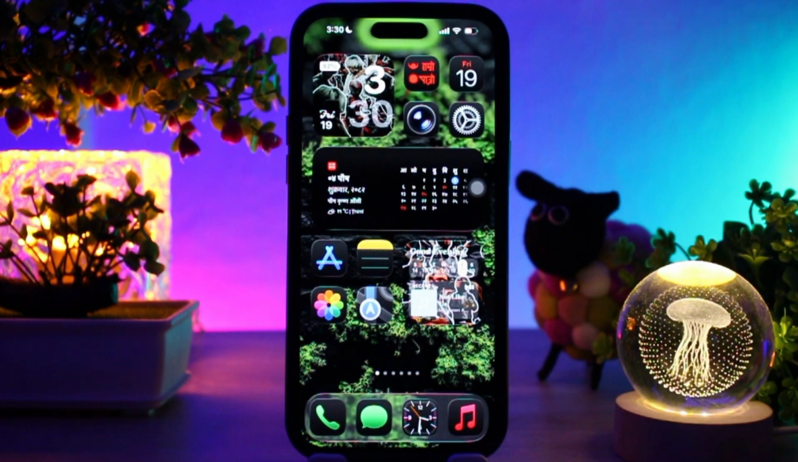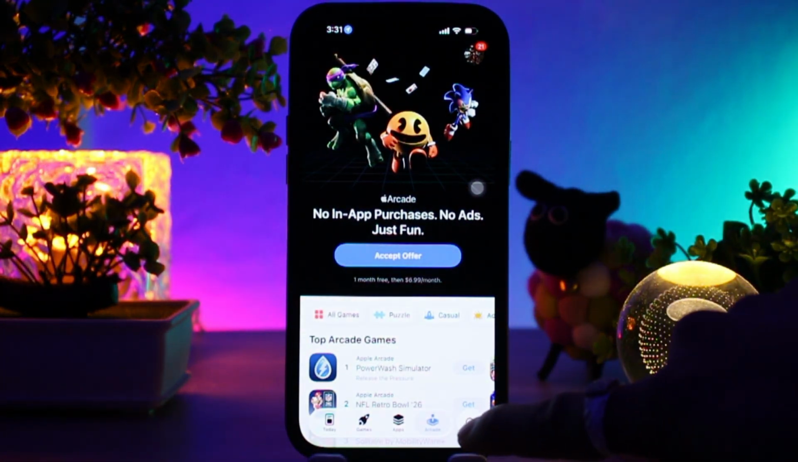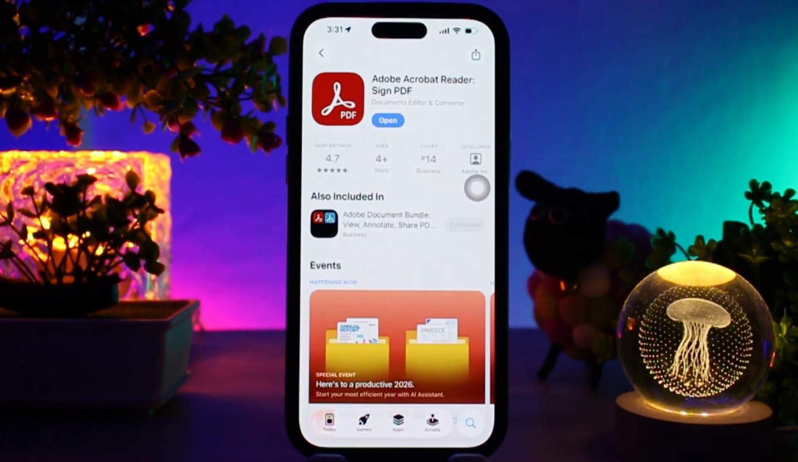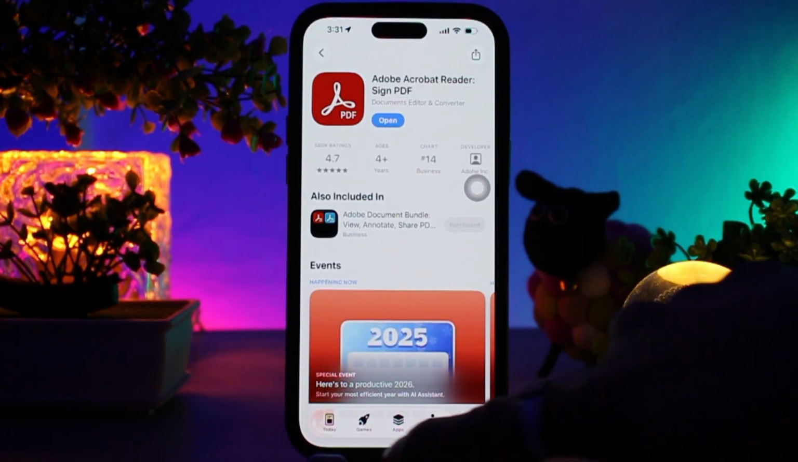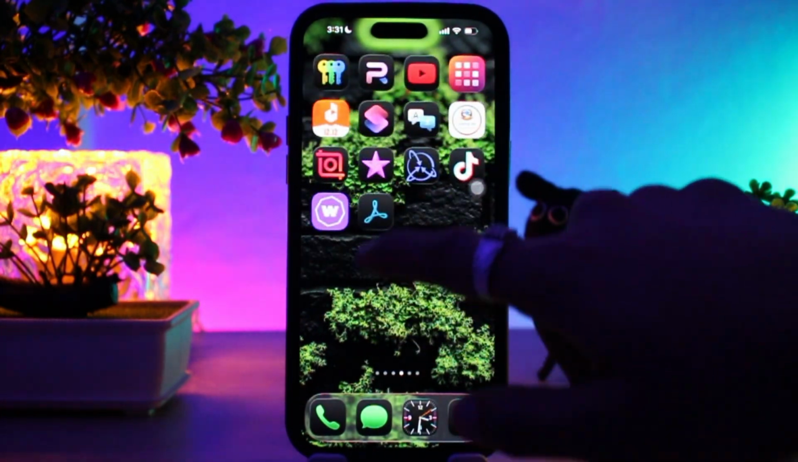First step is to install Adobe Scan and Adobe Acrobat. So simply head over and open up your App Store. Then on the search bar simply type in Adobe Acrobat or Adobe Scan and download both of the apps. Then once that's done, what you need to do first is simply head over and open up your Adobe Scan